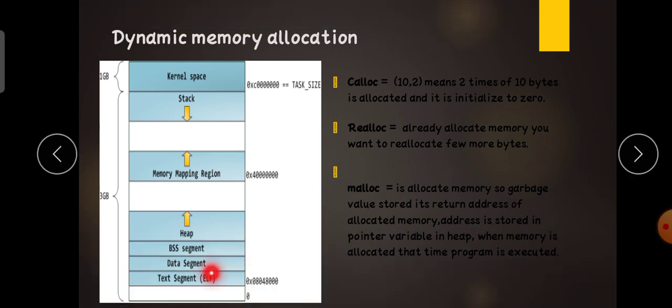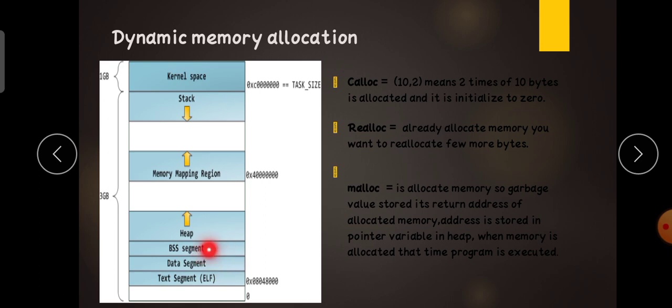Now the memory layout. The text segment is for storing the instructions. The data segment stores the statics. BSS means block started by symbol segment. These are the uninitialized static variables, which are by default initialized with 0.